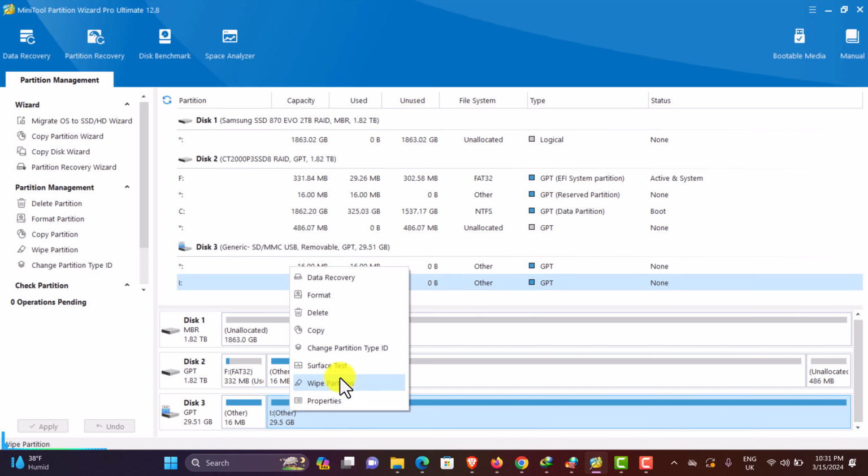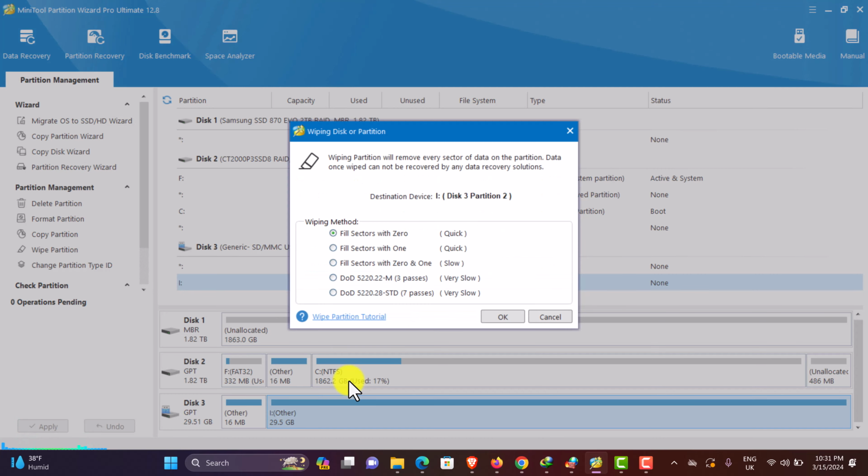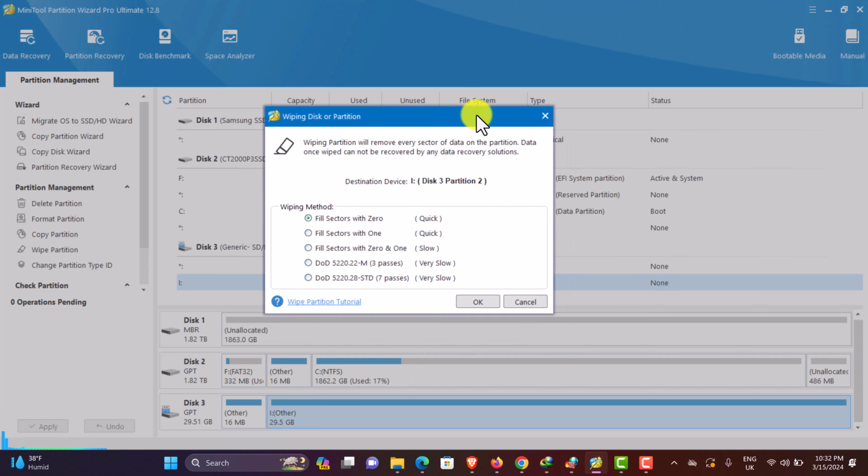on that. And after I choose wipe partition, from the main window here you can see they have kind of 5 different wiping methods. So the easiest one, and is gonna be very fast, is number 1, fill sector with 0, and the best option is gonna be number 5, DOD 7 passes. Is gonna be very slow, but is the best method to wipe the partition on that hard drive or memory